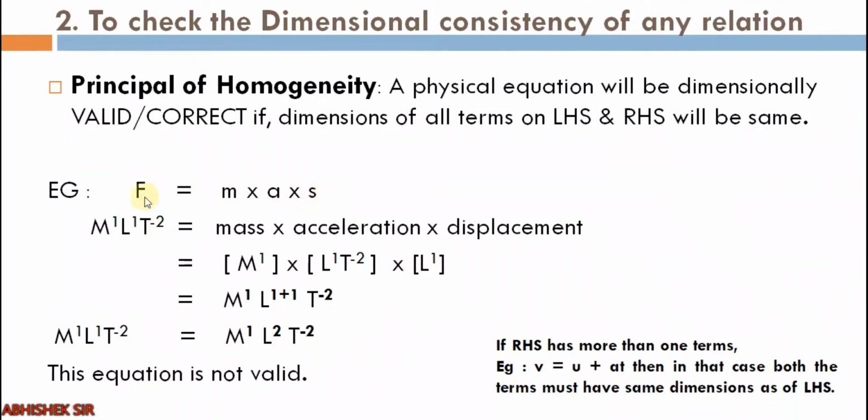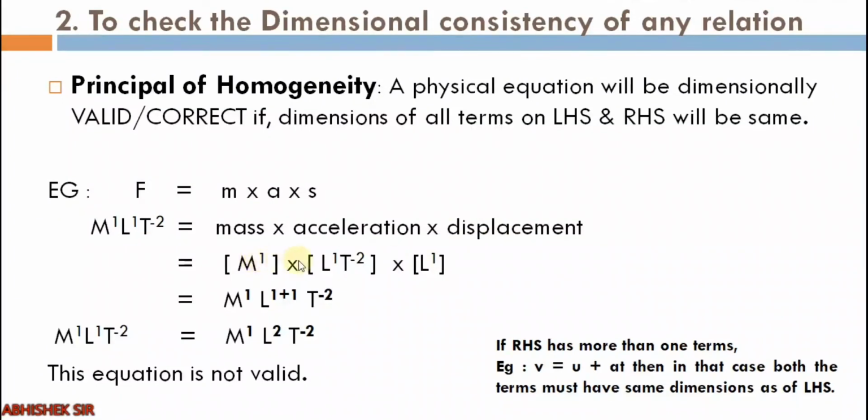Now we have to check whether this equation is correct or not. So we have to check basically that on both sides the dimensional formula must come the same, then only it is correct. So if you use the dimensional formula, force has the dimensional formula M1 L1 T minus 2, right? This you will get when you solve the dimensional formulas. Now over here m into a into s, m is mass, a is acceleration, s is displacement. So mass dimensional formula is M1, acceleration, again using the dimensional formula method, you will get L1 T minus 2, meter per second square, and displacement will be in length, so it is L1, right?